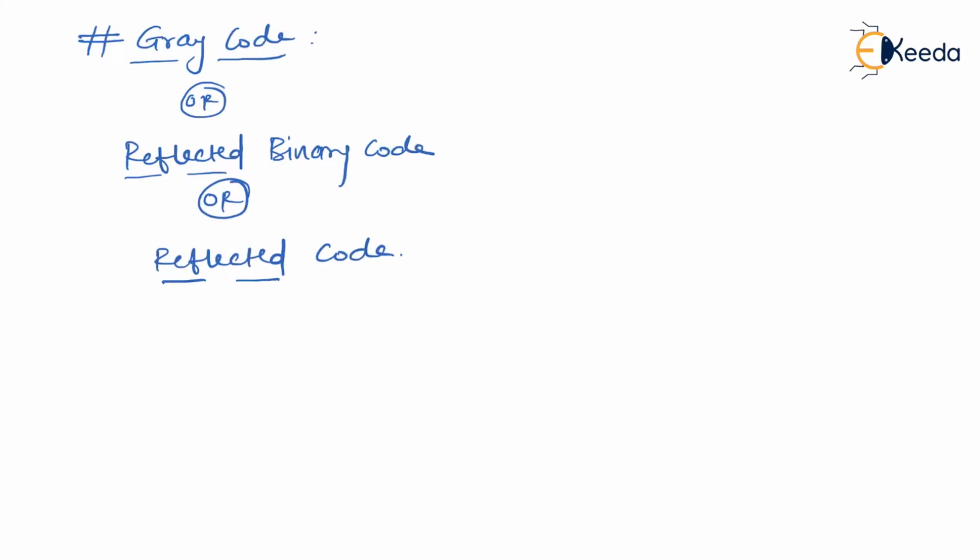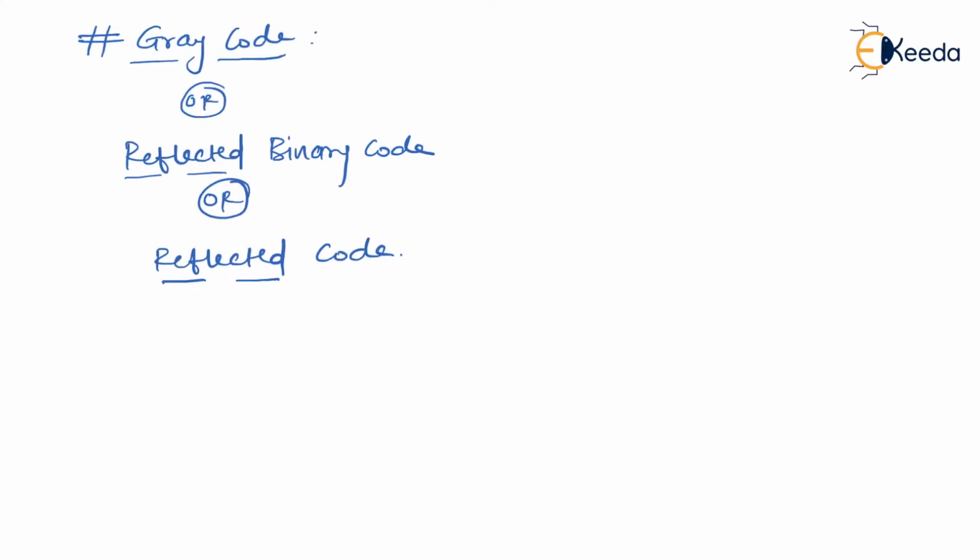Okay, so first of all, I'll make you understand what is meant by gray code, what is the significance of gray code, and how to identify whether the given set of codes are gray codes or not. So let's understand the meaning of gray code. So basically, gray code means what? It is basically to change the existing binary numerical system in such a way that two consecutive values, if you compare, you will always see that there is only one bit difference.